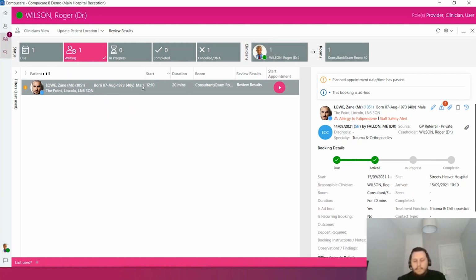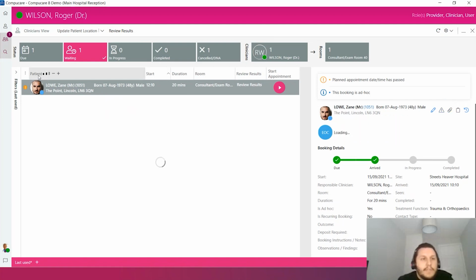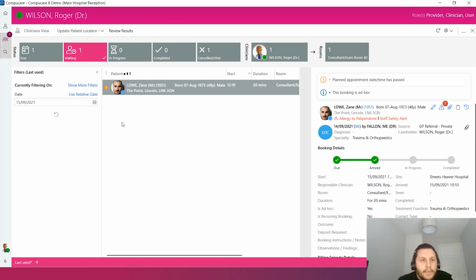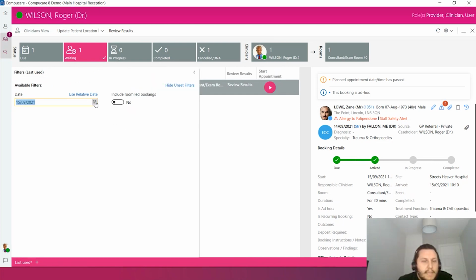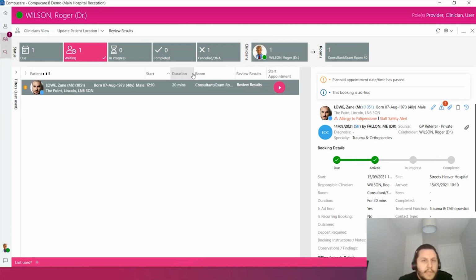In terms of other things on this main screen, the first one I wanted to look at was the filters panel on the left here. If we open that up, there's only one thing you can currently filter by, and that's the date. If we click on the 15th, that's going to bring up today's bookings, which is what we've got open. If we go up to the top right here, you can see in the app settings,